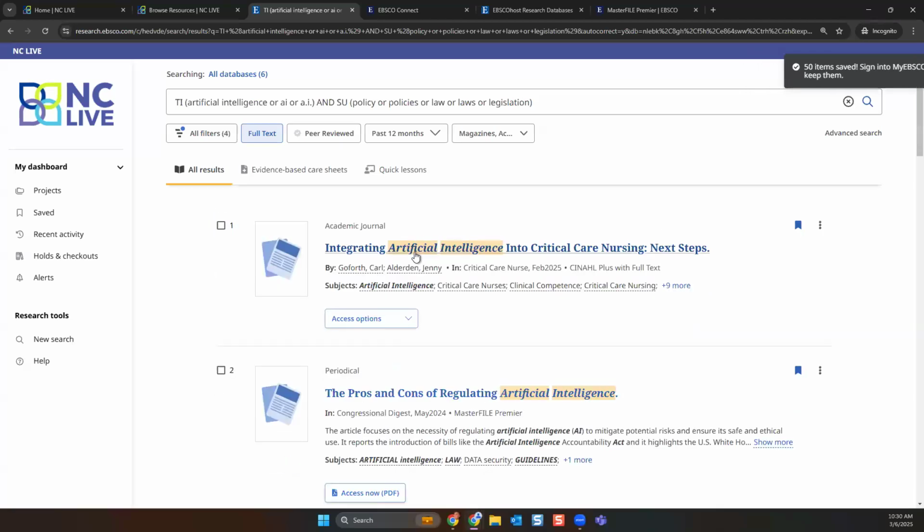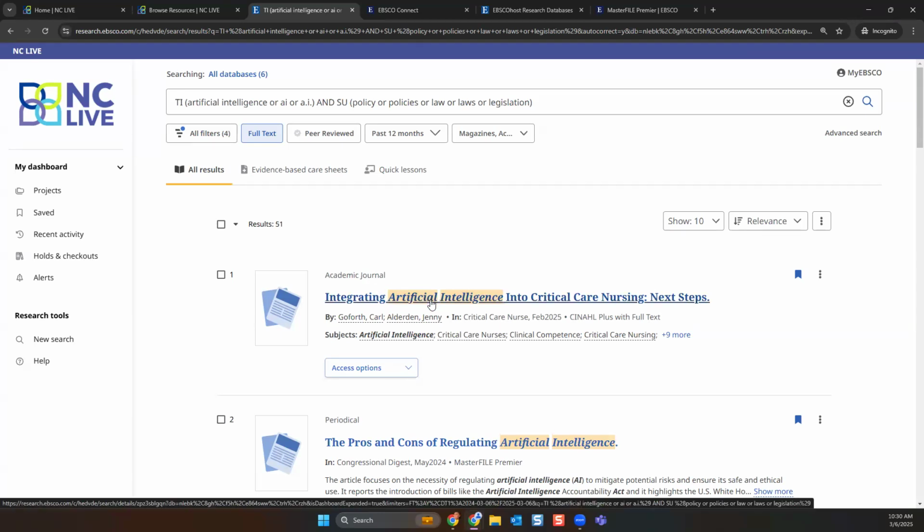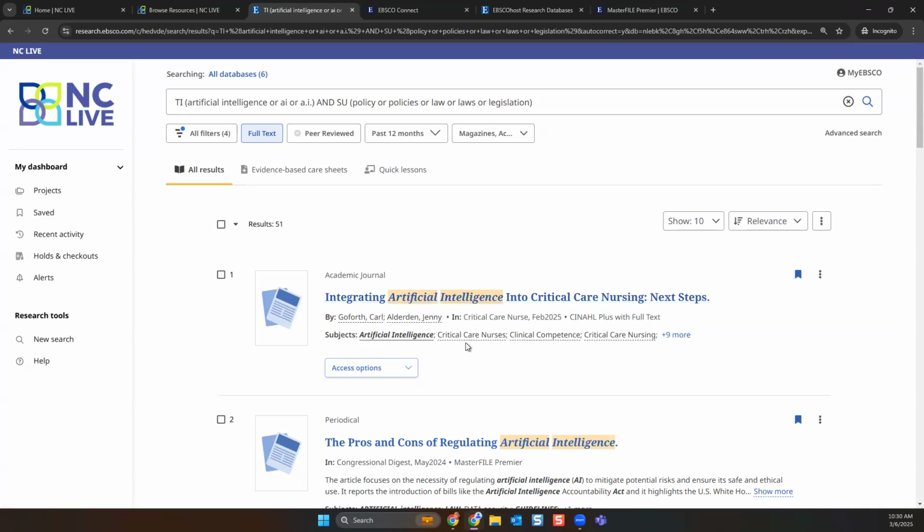Now let's move down, taking a look at some of our resources. A lot of information is presented here. We can see that this first resource is from an academic journal. The title is a hyperlink getting us to the detailed record of that article for more information. We see the author information, the subjects,